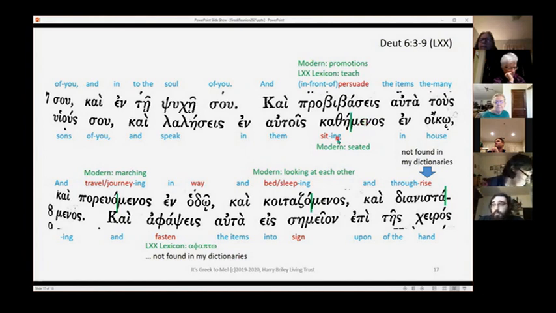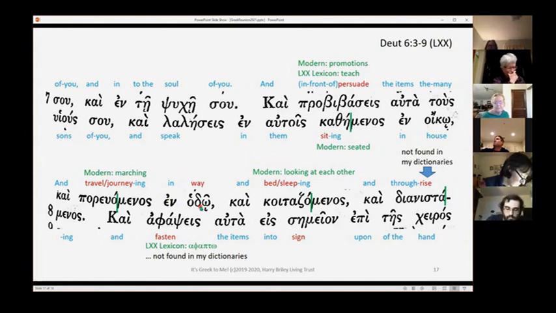Sitting, menos has got ing, kathemenos, sitting. Modern, it gets translated as seated. So while you're seated in your house and traveling or journeying, the modern Google has it as marching. Menos there is ing, so it's an action type of. So while you're sitting or while you're traveling,